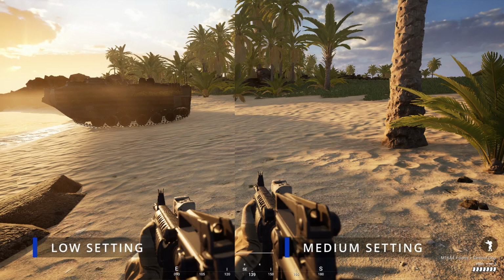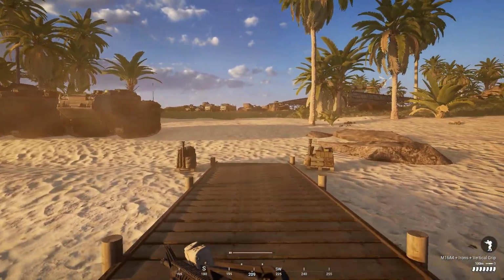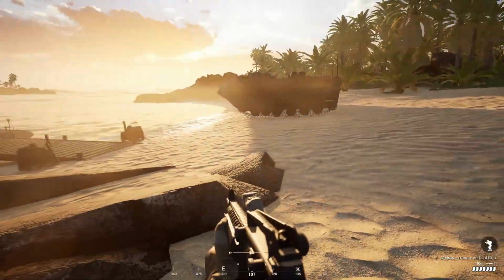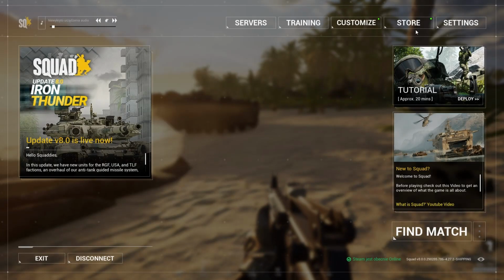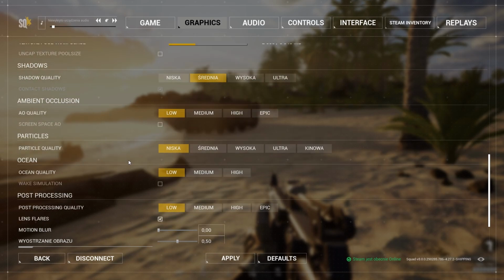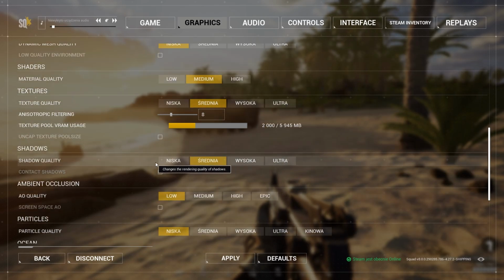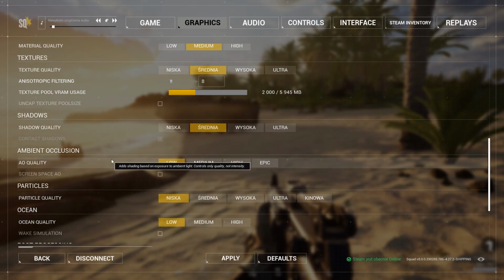You guys should see on the screen a comparison with low setting and medium setting. I play most of my time on low setting. Now I switched to medium, because if you can look, the shadows do look very sharp and very nice, guys. Like you can see it on my screen right now. I do enjoy how they look, so I'm sure you will as well. You need to keep in mind that if you're really running a budget PC and you don't wanna lose performance, you wanna save even 3, 4, sometimes 5 FPS with this setting, then definitely go to low, guys.